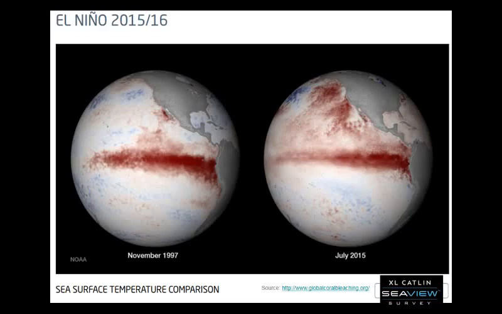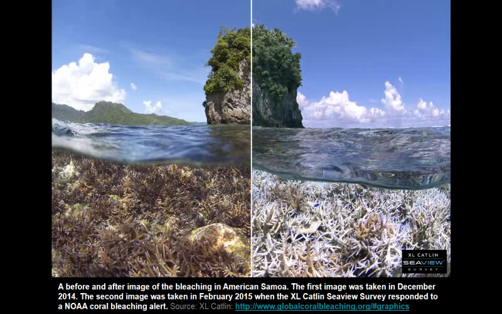And other changes being massive events of coral bleaching, so the 2015, 2016 coral bleaching event, driven by rises in mean global temperatures and then spikes associated with the El Nino. There's been three major coral bleaching events, one in 97, 98, one in 2002, 2003, and the latest one in 2015, 2016. And this is just showing the 97 heat in the El Nino event in comparison to the 2015 El Nino event building up. And this is a before and after image from the Pacific, of a coral reef on the left before the bleaching, on the right after the bleaching.